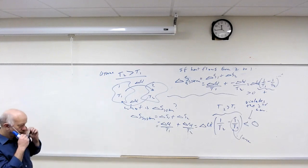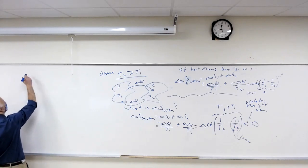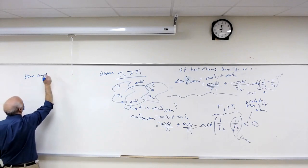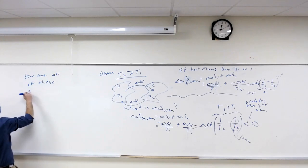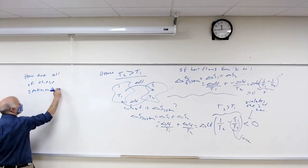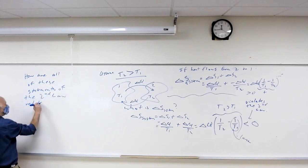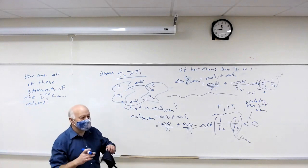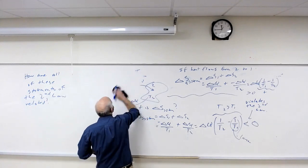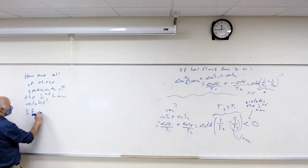Okay, so now let's put all these pieces together. How are all of these statements of the second law related? None of this stuff, the second law and the Carnot engine and stuff like that, will be on the exam. I'll have the PV diagram stuff, but none of these statements. So what I want to convince you is that if you violate